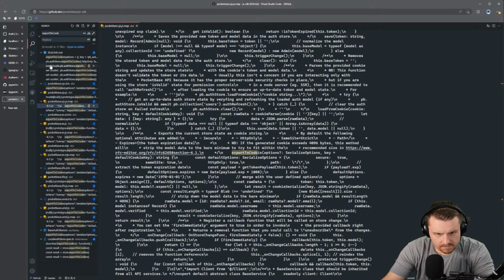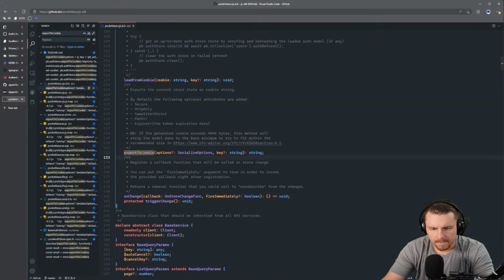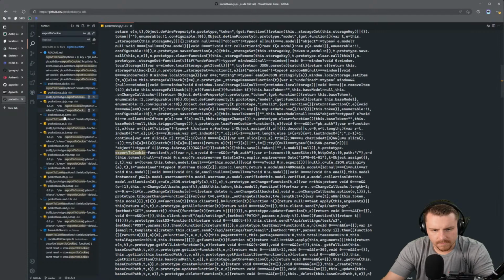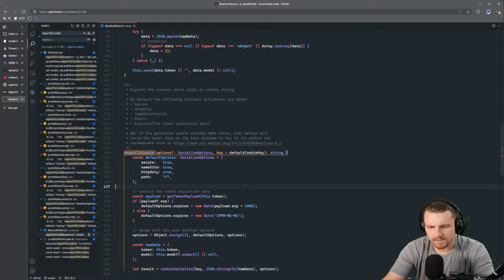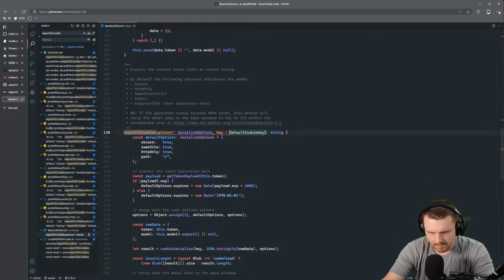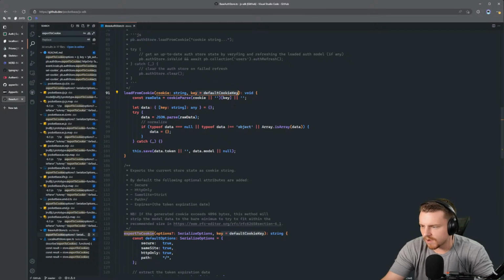Oh, hold on. Let me actually find the. Oh, it's auth-store export to cookie. It's minified, really? Oh no, here it is. So yeah, basically we would just take in whatever they're taking in here. Oh, that's export to cookie, but load from cookie. We take in a cookie. The key would be whatever the app identifier is, whatever they store it at by default in your browser. And